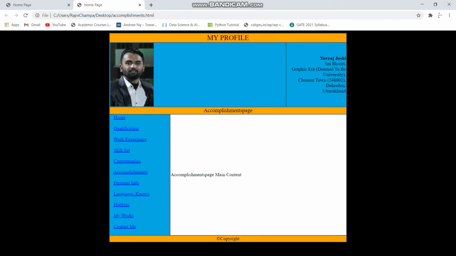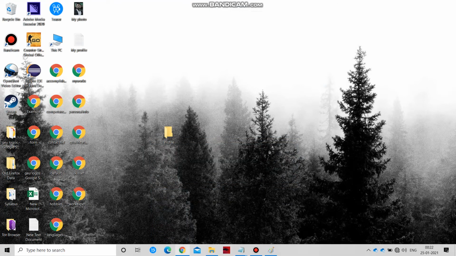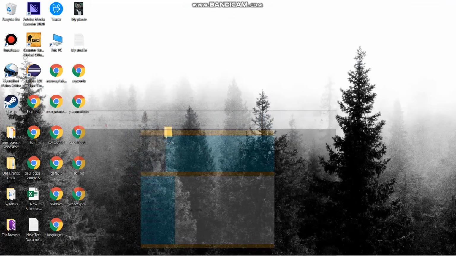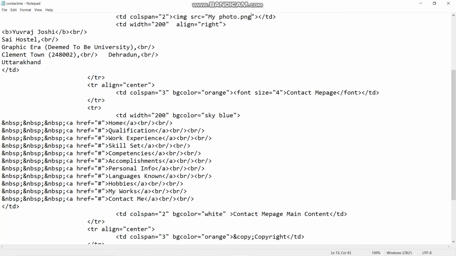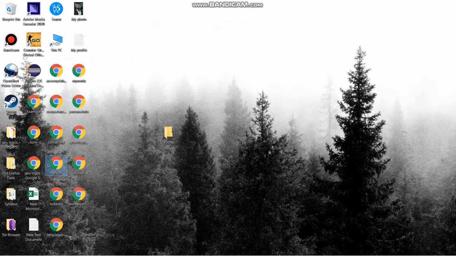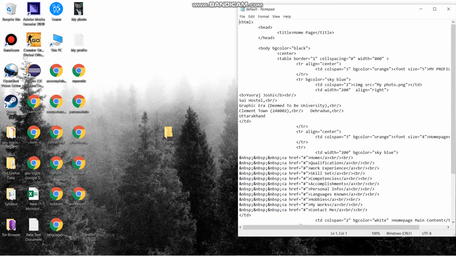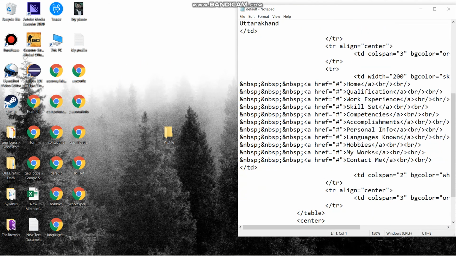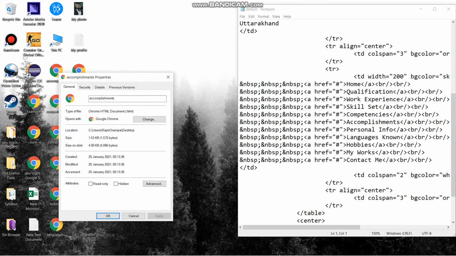What happened here is I created everything, I just differentiated all the navigation links differently. I just saved them all differently. So what I can have is their link. So now what I will do here is just copy every file's link and paste it in front of their name inside the href, inside the anchor tag. Href stands for hyperlink reference.